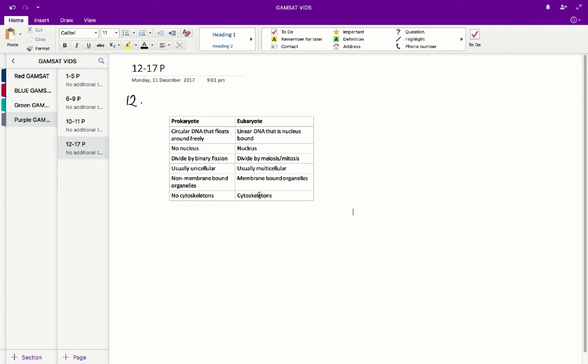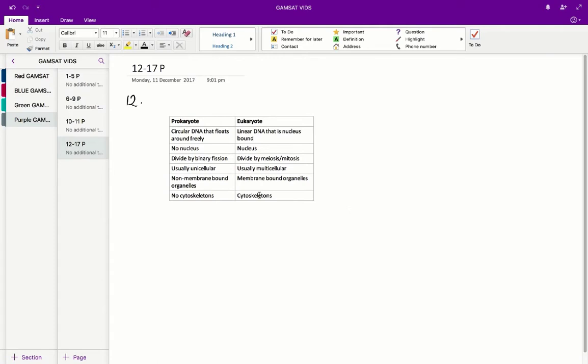Questions 12 to 17 in the ACER purple paper. Question 12. This cell is A. Prokaryotic, B. Eukaryotic, C. Undergoing mitosis, and D. Undergoing meiosis. So the most important thing to know to answer this question is the difference between a prokaryote and